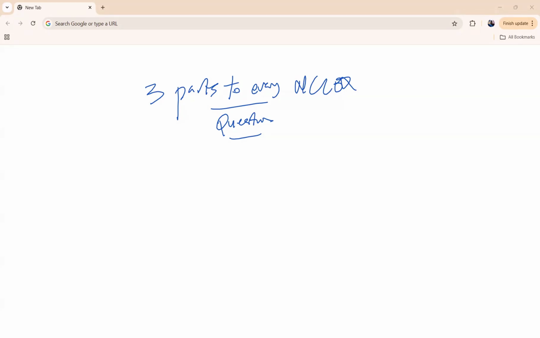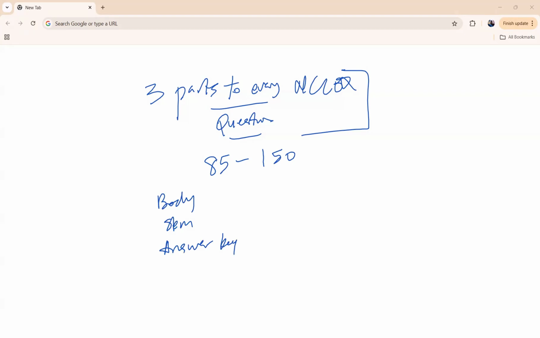Every NCLEX question, most especially in the 85 to 150 questions, includes these 3 parts. So what are they? We have the body, we have the stem, and then we have the answer keys. So you will see this. You might be asking, why should I know this? The reason is that this is how you are going to break down